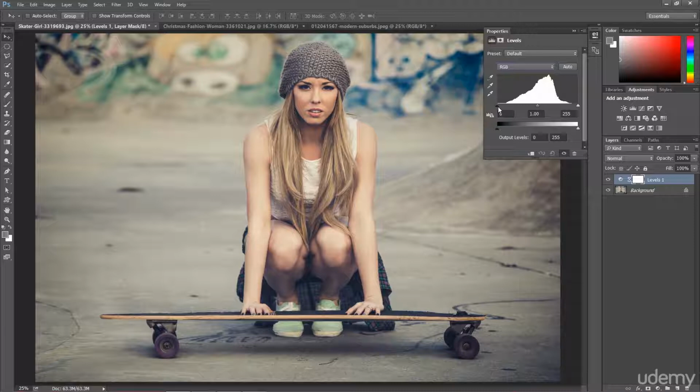So let's go like this. Black slider is the black color. Gray slider, the middle one, is our midtone. So it's the gray parts of the image. White slider are our whites. So using these three sliders, we can set up the contrast by changing the range